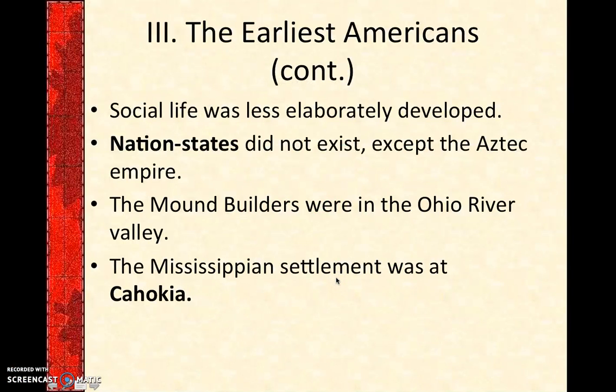So social life was less elaborately developed than in Europe. That was mostly because they did not have the resources available, so they had to focus a lot more on getting resources. They didn't really have nation states, again, unlike Europe, except for the Aztec Empire. There were mound builders in the Ohio River valley. The Mississippian settlement was at Cahokia. So there were different types of organizations here, not as advanced as Europeans, but it's definitely important to realize that they weren't as savage as what a lot of the Europeans painted them as,